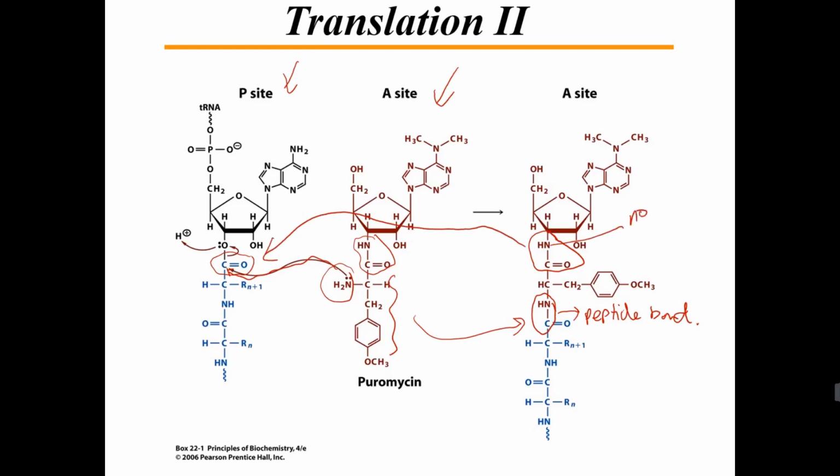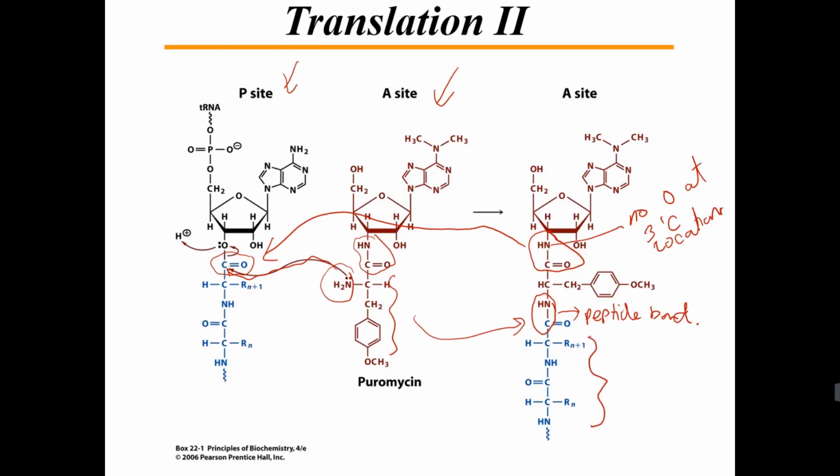So no oxygen at that 3' carbon location on the ribose. Okay, so in essence, puromycin inhibits protein synthesis by causing this nascent growing polypeptide chain to be released before the